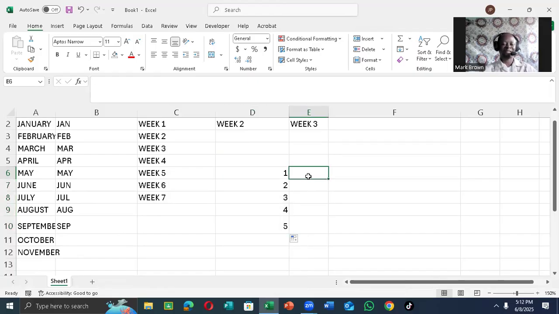But there's another way I can actually do it. I can type 1, go down, and type 2, click back in it, and then actually block both of them like that. When I block them, I'm going to come right here, and I'm going to go all the way down. If you notice, it actually changed within that particular way. So you can use the fill series to do a whole lot of stuff. Definitely right here